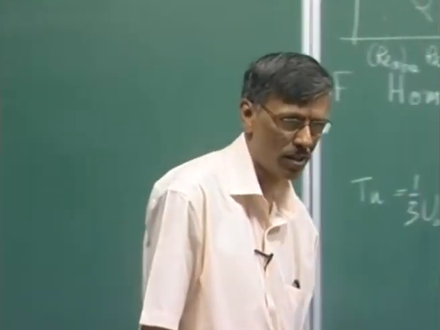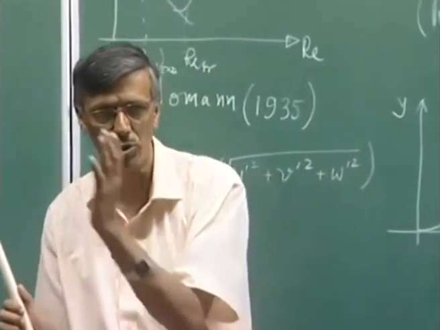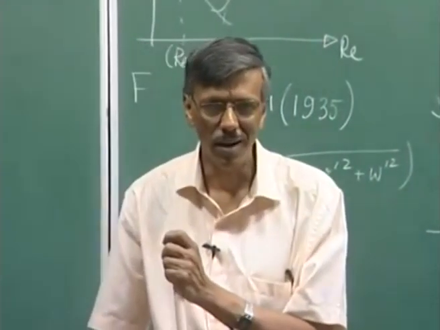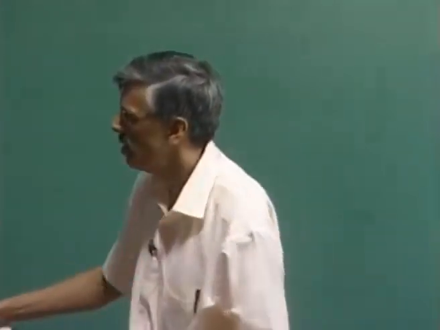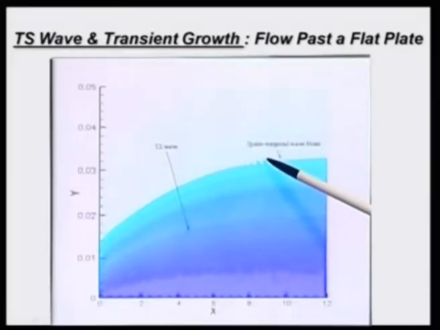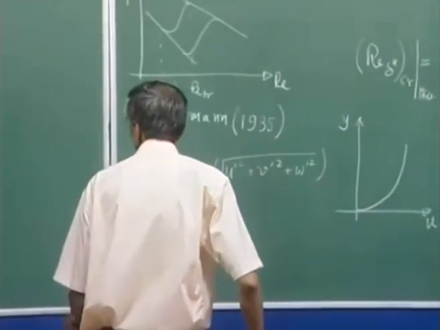Let me use this word a little loosely, those disturbances which go at the front are like a tsunami kind of thing, they are only few in numbers, 3-4 peaks and valleys, and this is what we call a spatiotemporal wave front,